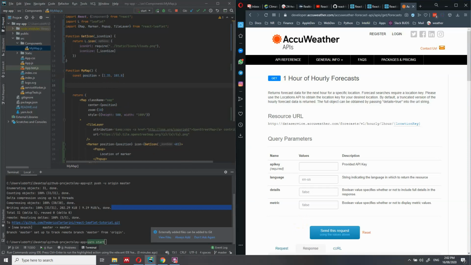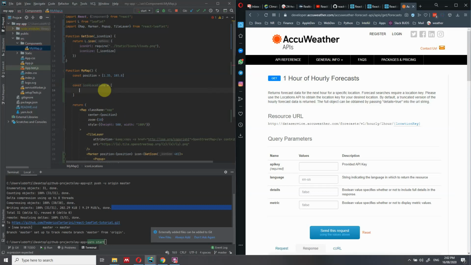But for the moment, in this video here, we are going to create a constant. So we call it a constant, okay? And in this case, let's call it icon locations, okay? And it's going to be an array. And this array will contain some objects. So each object will contain information about the location name, or let's call it just simply name, which is the name that we're going to display in the pop-up. So in this case, it's going to be West, and we're going to add information about